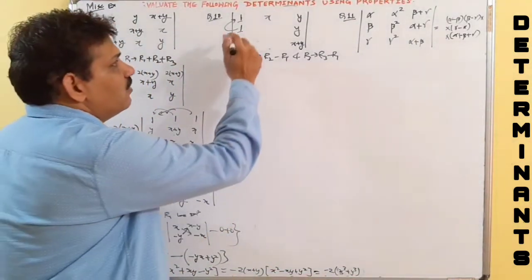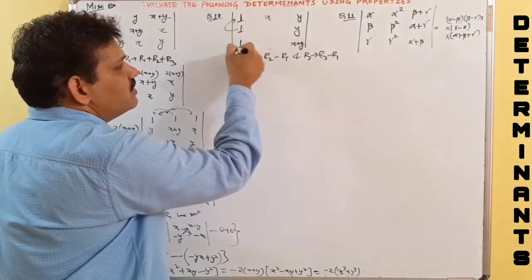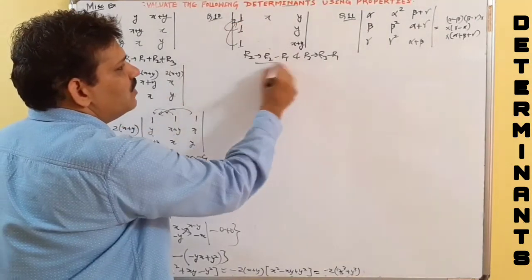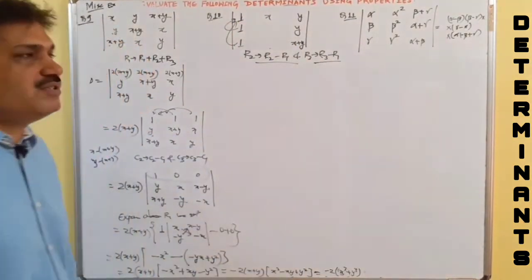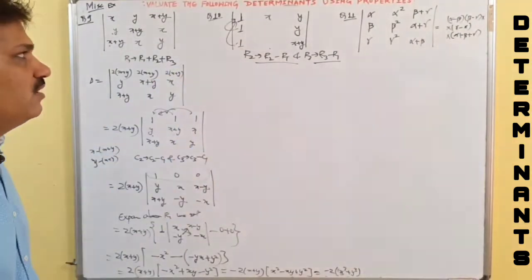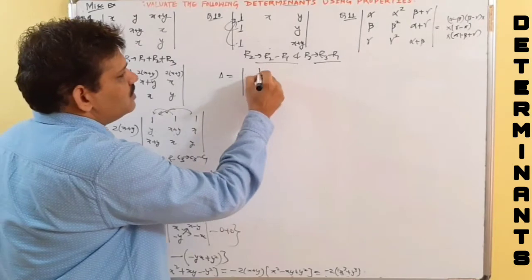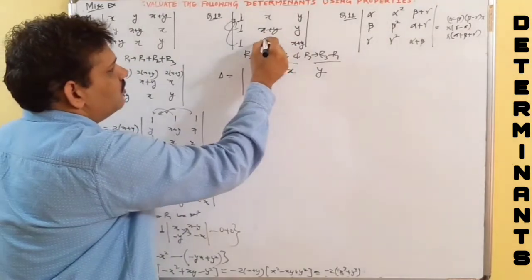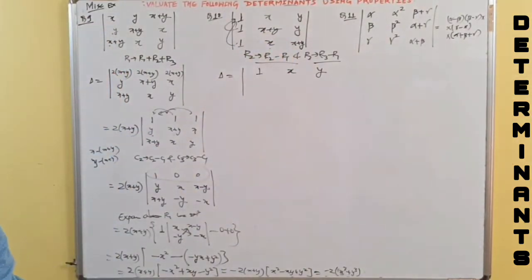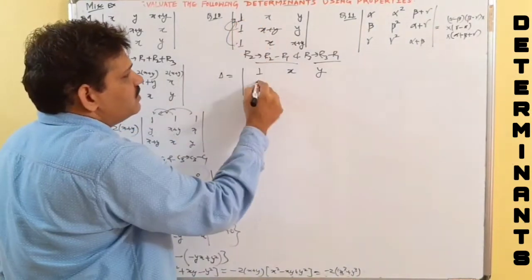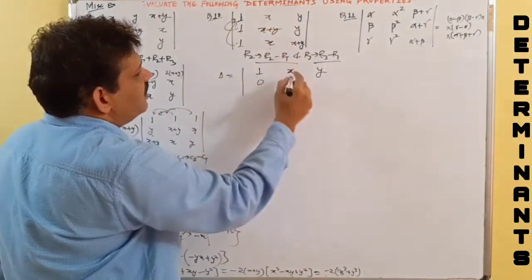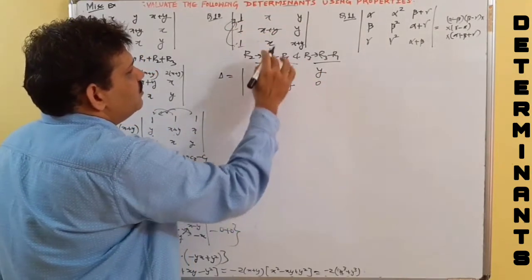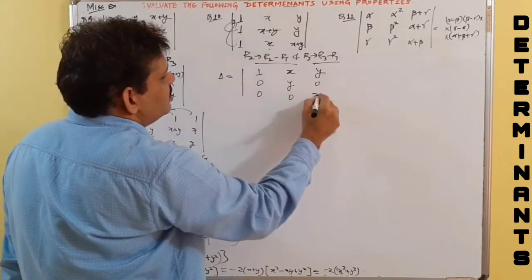Now we have this question. We have already here 3 ones in column. So what we do is we fix first row, and with the help of this row we make change R2 becomes R2 minus R1 and R3 becomes R3 minus R1, so that we can get 2 zeros and expand. So what it gives, there is no change in R1, so 1, x plus y and here x. So 1 minus 1 is 0, x plus y minus x. X plus y minus x is y, y minus y is 0. 1 minus 1 is 0, x minus x is 0, x plus y minus y is x.